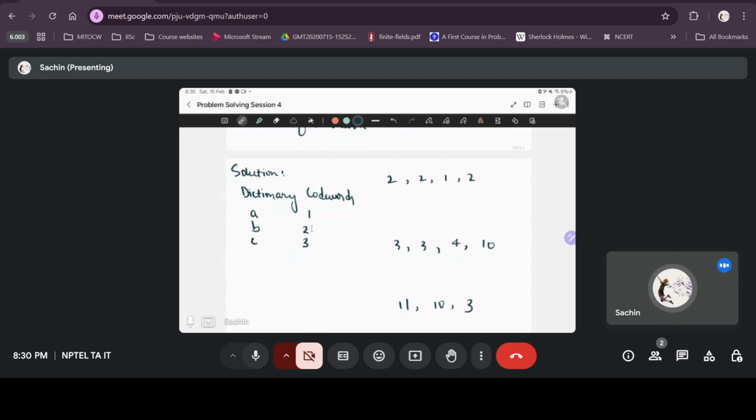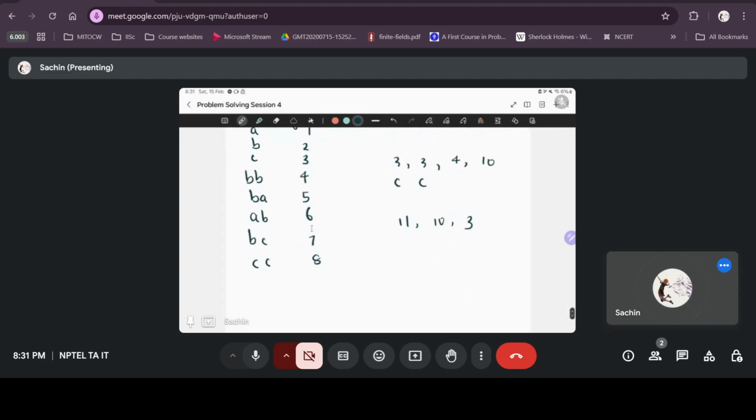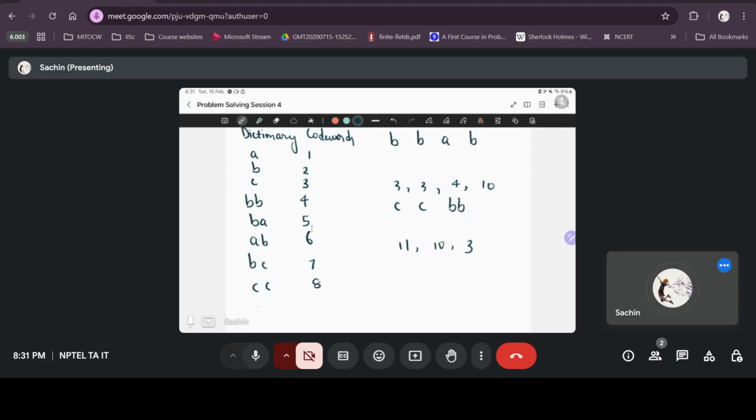A, B, C are the code words 1, 2, 3. So we received 2, which is B, then again B, code word BB, then A, code word BA, then B, code word AB, then C, code word BC, then again C, code word is CC, then BB, code word is CB,